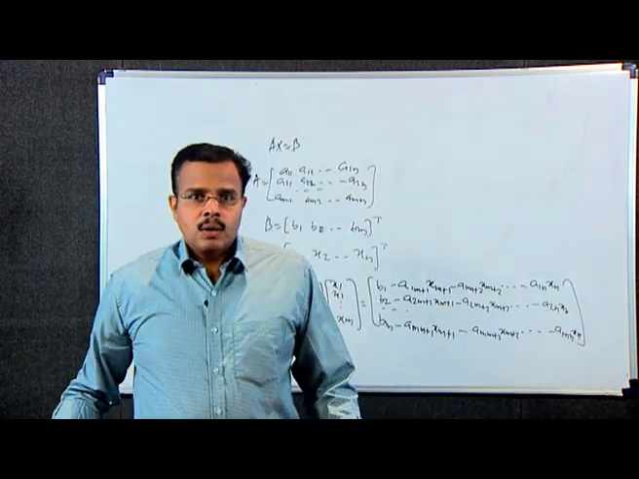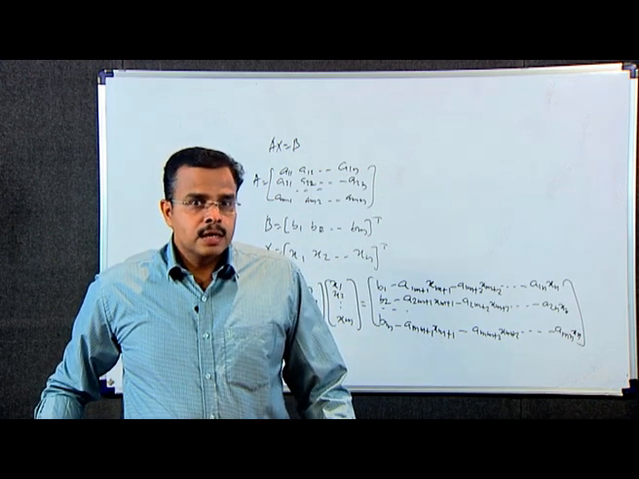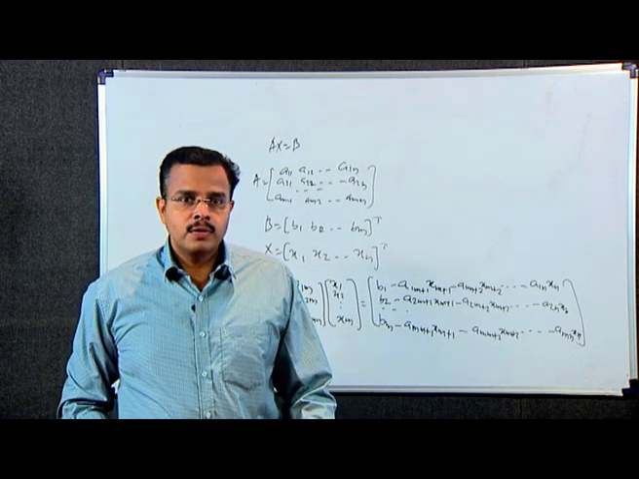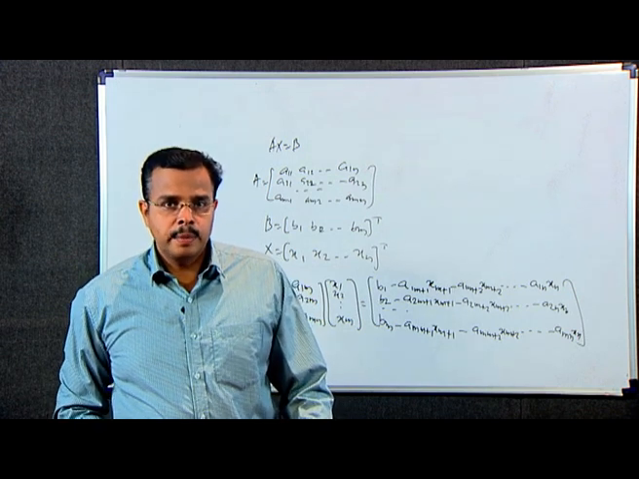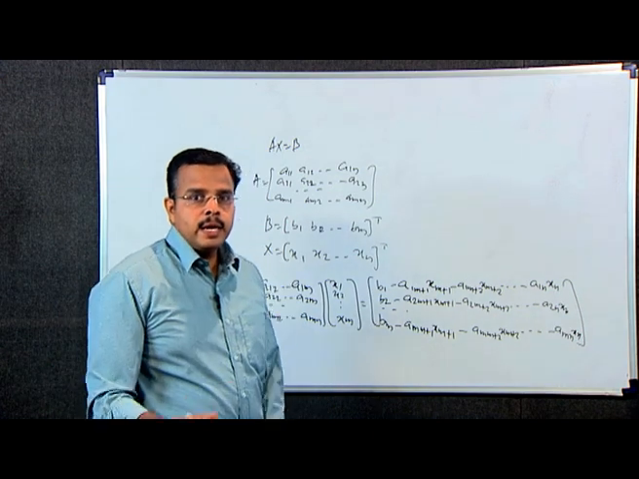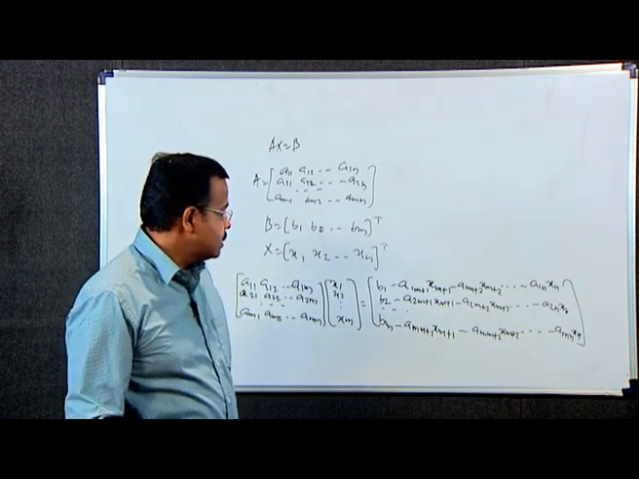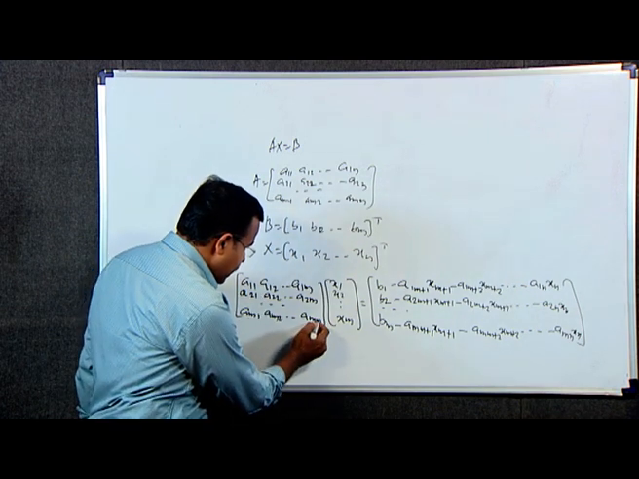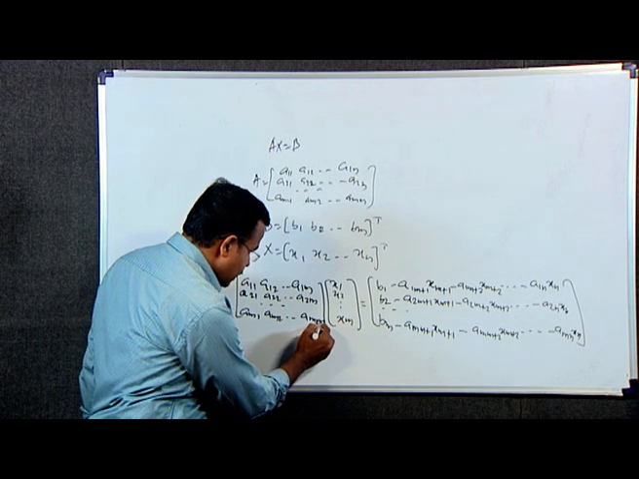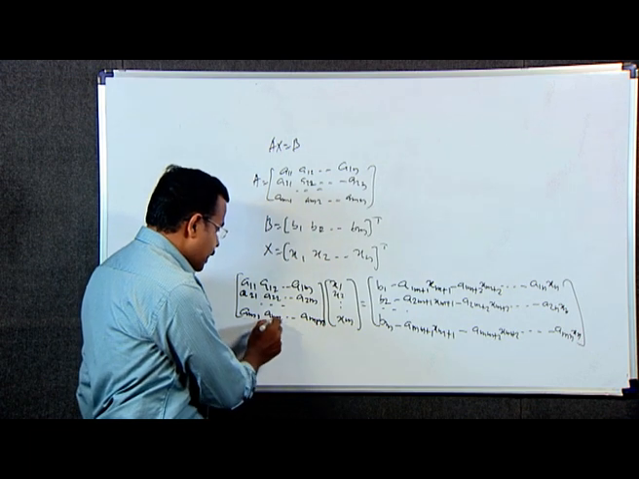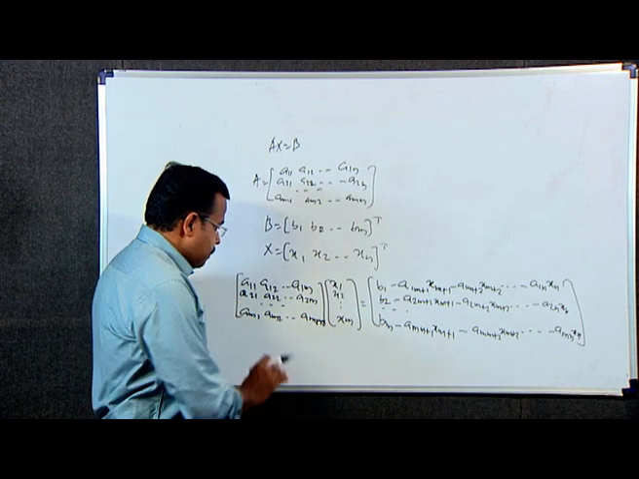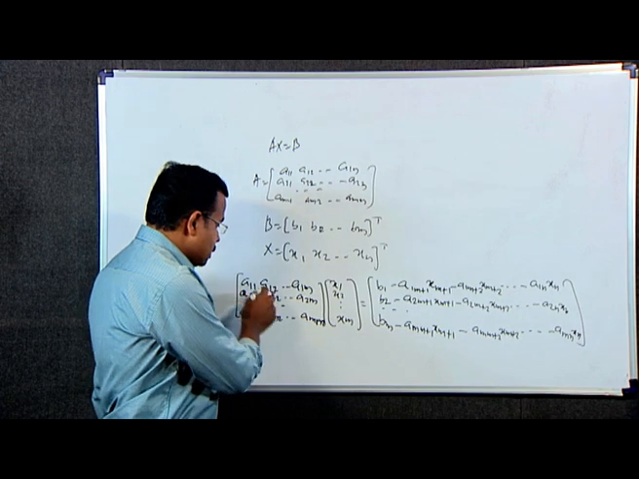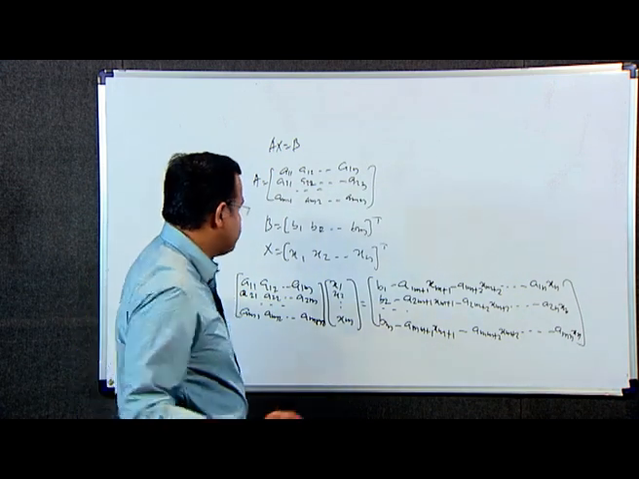The m by m matrix on the left hand side is non-singular because the basic vectors, which are the columns of this matrix, are linearly independent. Pre-multiplying both sides by its inverse, this is a square matrix, a m1, a m2, etc., a mm, we get